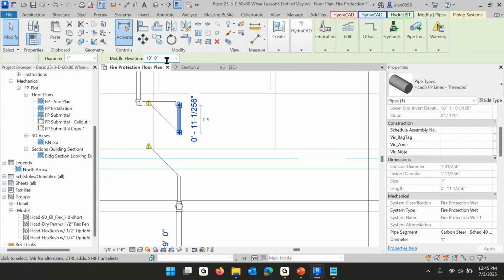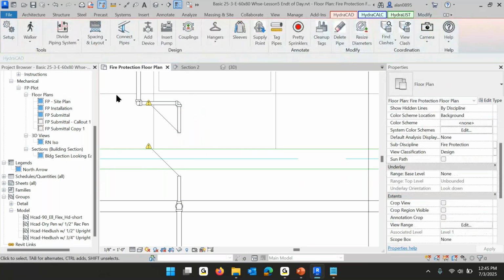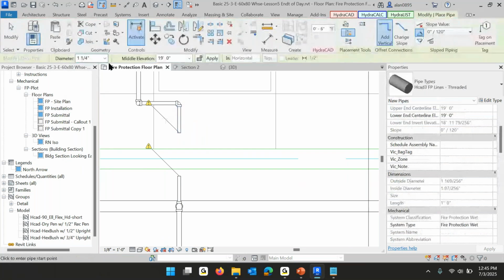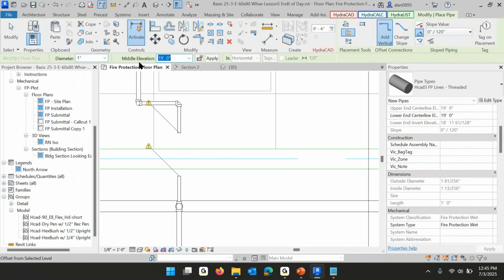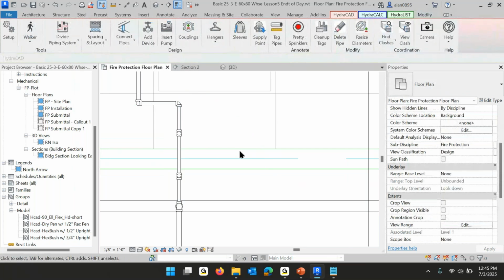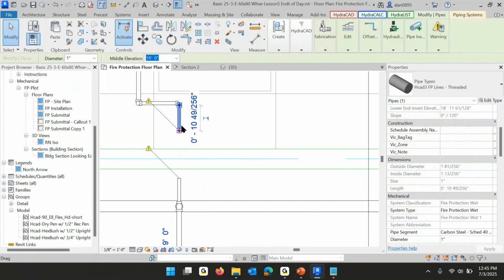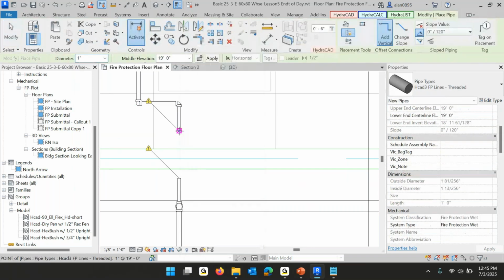I'm going to draw a 1 inch pipe at 18 feet, threaded, and then I'm going to draw from there to there. And that's another down, over, and down. If I wanted to go around something instead of down, over, and down, I could create similar, and I could go around it